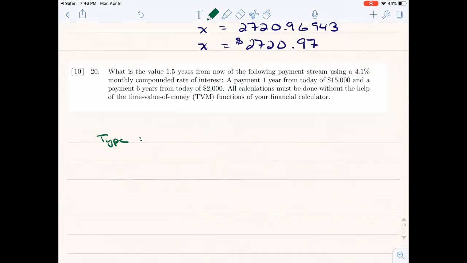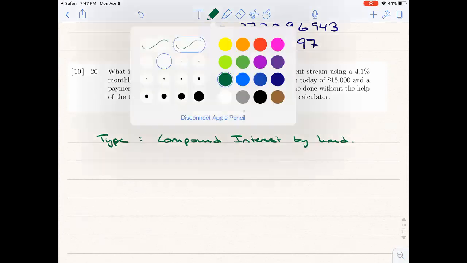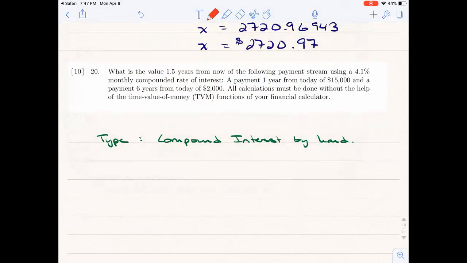As far as the type here, we're still in compound interest, right? There's no regular payments, so it's just compound interest, but it's compound interest that you have to do by hand. Compound interest by hand. So what's the value 1.5 years from now of the following payment stream using a 4.1% monthly compounded rate of